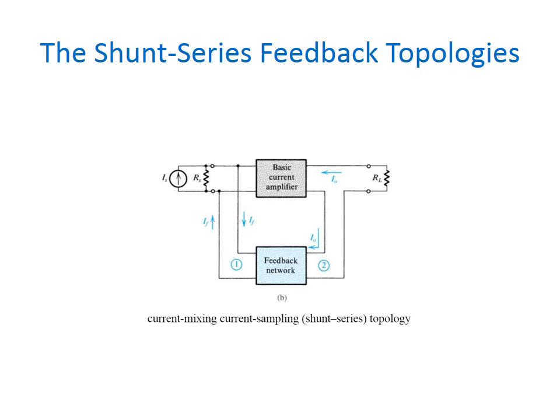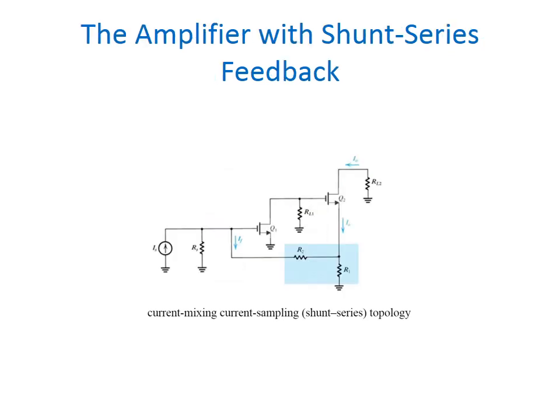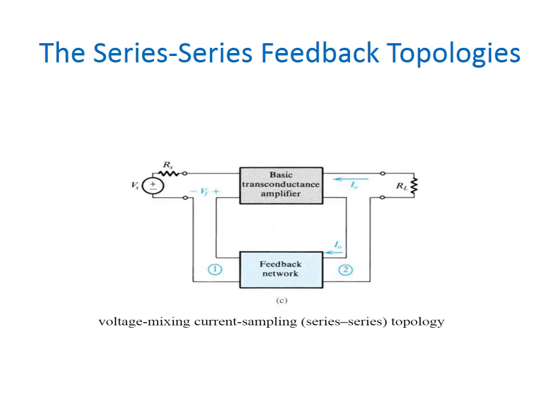Here in this type of circuit, a portion of the output voltage is applied to the input voltage in parallel through the feedback circuit, which means the feedback circuit is located in shunt with both the output and the input. So here the feedback circuit is connected in shunt with the output as well as the input, then both the output impedance and the input impedance will be decreased. This is the amplifier using shunt series feedback.